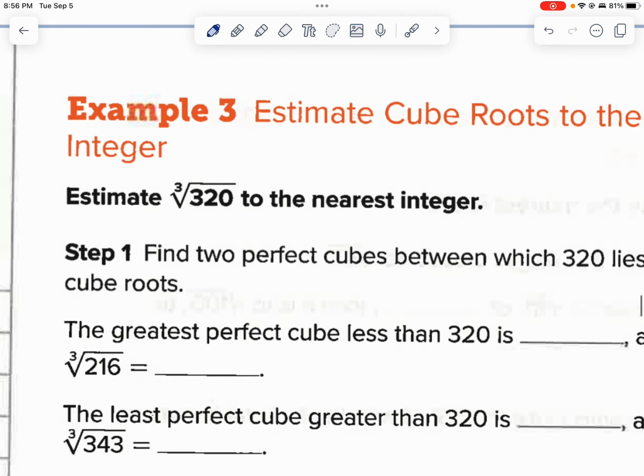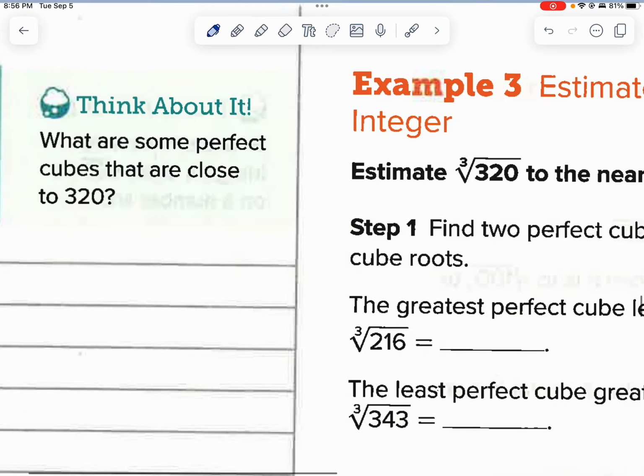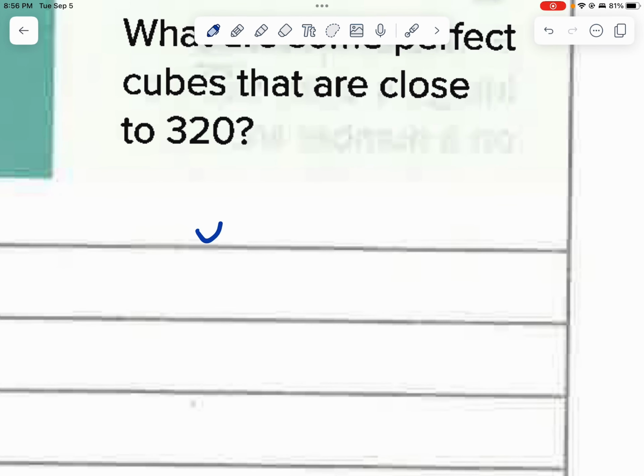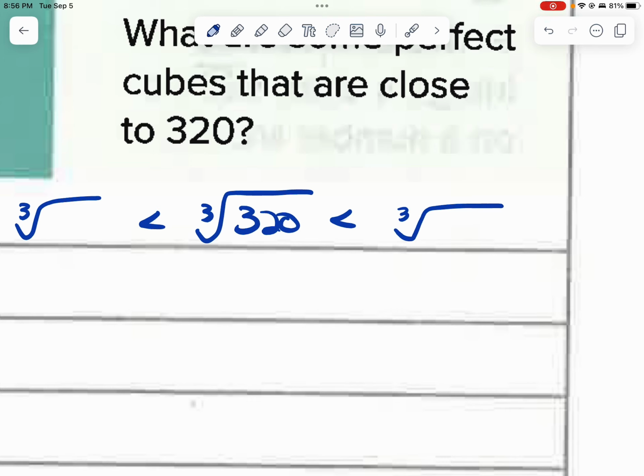So now we're going to look at these, and these are cubed roots. So I'm going to do the same thing. I'm not going to look at theirs. I'm going to look at cubed roots, and we're going to do the exact same thing we did. So what two cubed roots are these in between? What two cubed roots are these two in between? So if I'm talking about this,